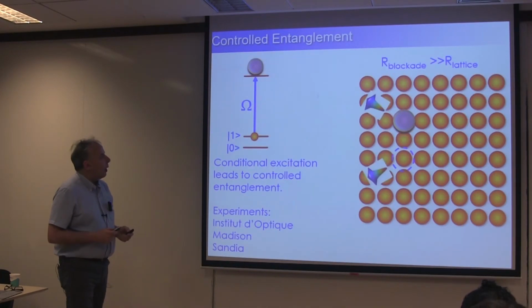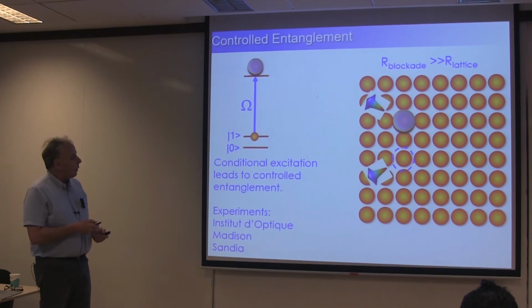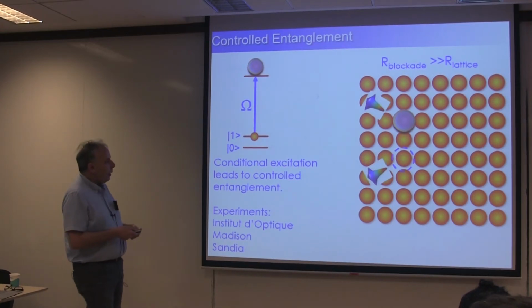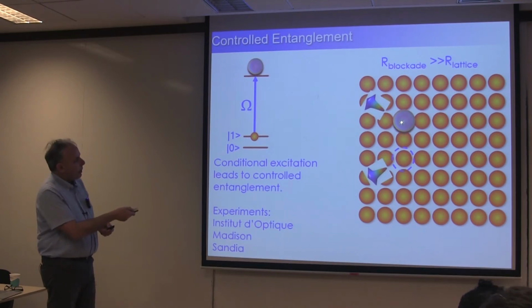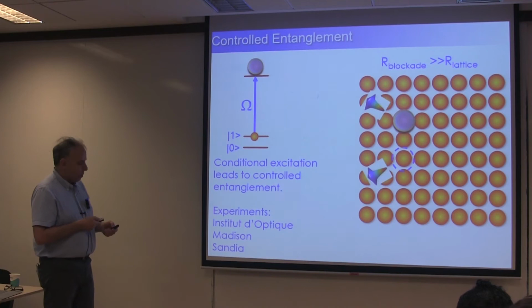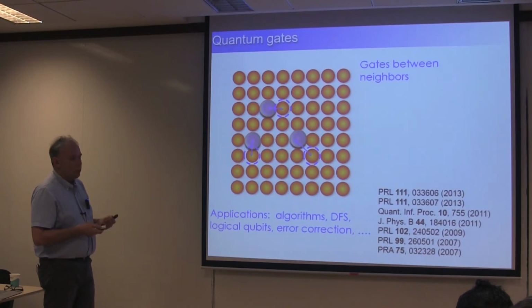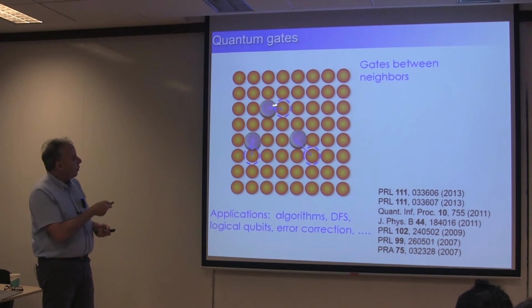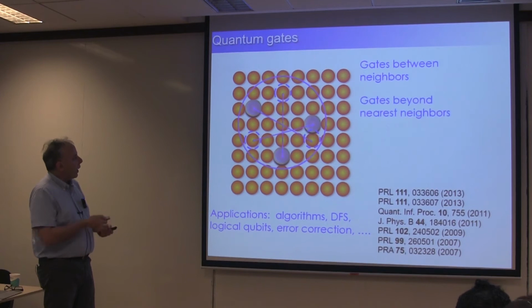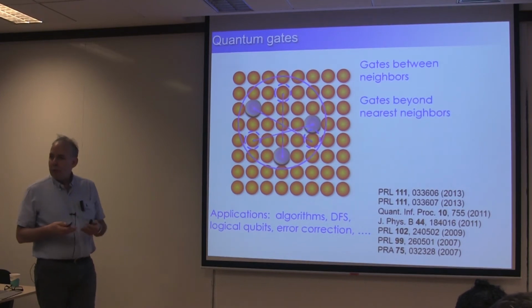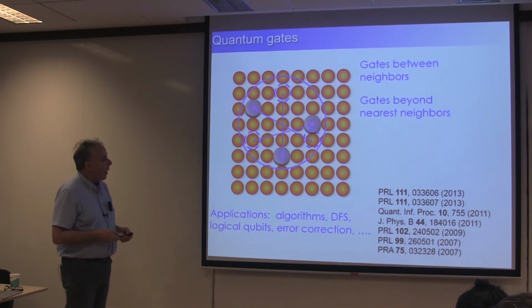But I'm going to focus more on controlled entanglement between individual atoms, which we achieve by focusing our excitation beams down to individual sites in this array. And so if I have a beam exciting this atom, then whether or not that atom gets excited, if it's in the state that's coupled to the Rydberg state, can prevent excitation of a second atom, which leads to entanglement. And so we can perform quantum gates using that kind of approach. We could do quantum gates between neighbors. And then because the Rydberg interaction is long-ranged, we can do gates beyond nearest neighbor, which can be beneficial for connectivity in a larger array.